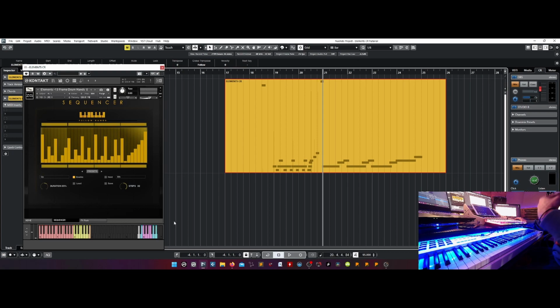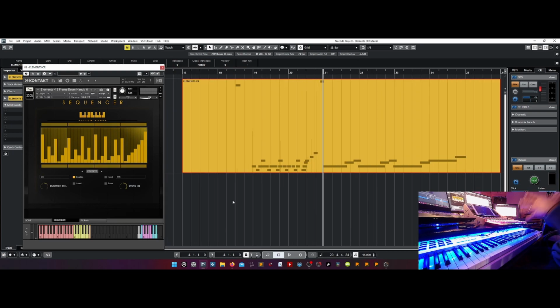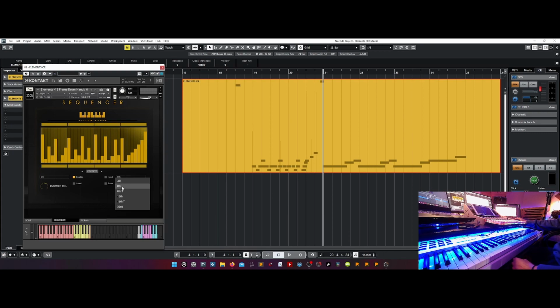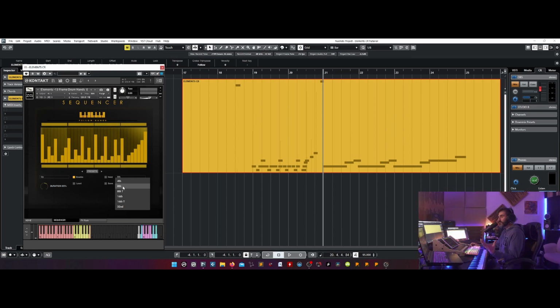Now, if I want to change the timing, I can use the purple color here. The first key switch here is of course the tempo which you have selected, so the first time selected here.